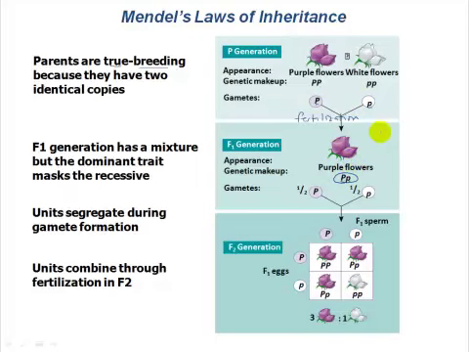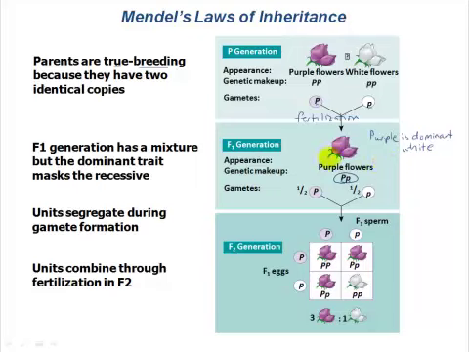So at this point, we can define this characteristic that Mendel referred to as dominance. So we have a hybrid plant that has a hybrid genetic makeup, but the plant looks, in terms of flower color, exactly like one parent and not the other. And so in this case, we would say that purple, that trait, is dominant over white. So purple is the dominant trait and white is the recessive trait.